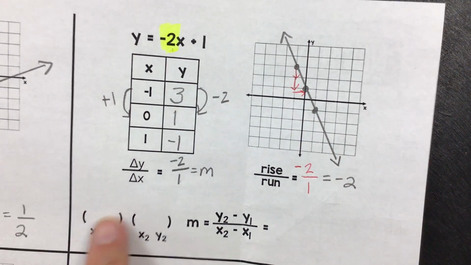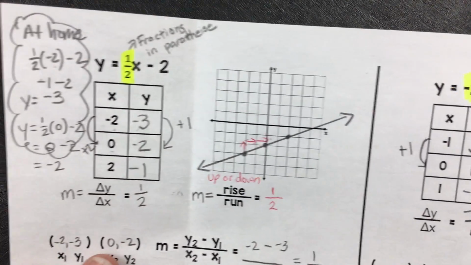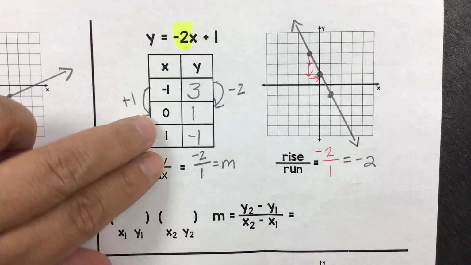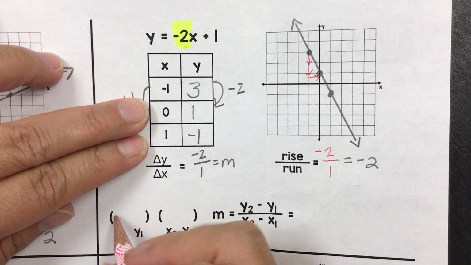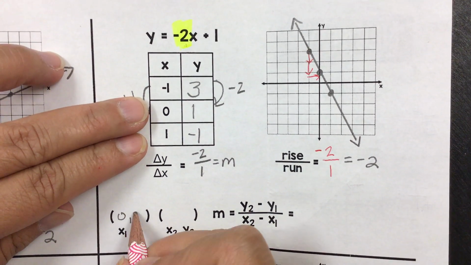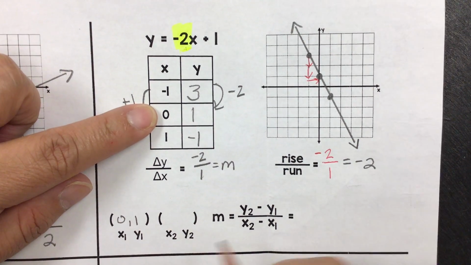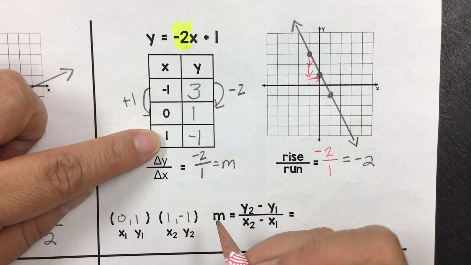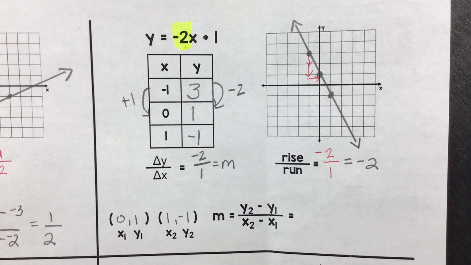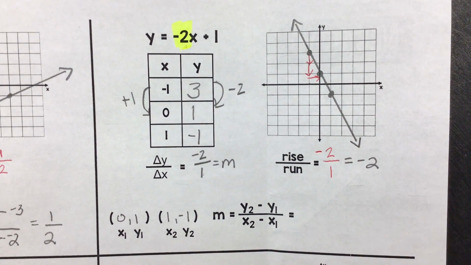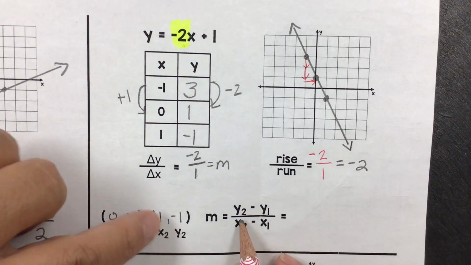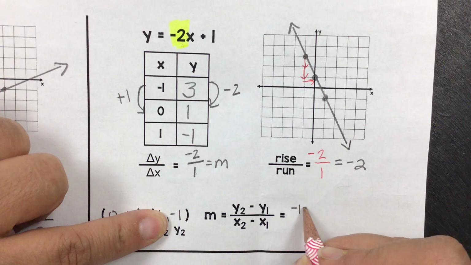For the previous formula, what we used was the first 2 points. But you could use any 2 points. I'm going to use the second points. That is 0, 1. That's this one. And 1, negative 1. What I'm trying to say is that once you select any of the 2 points, it would still give you the correct answer. The formula says y2, which is negative 1, minus y1